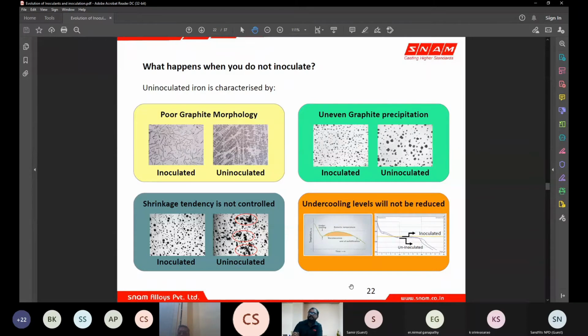And your undercooling levels, this is measured generally using thermal analysis, and it is like the cooling rate, or the temperature gradient in which the casting solidification happens, suddenly goes below because of the unwanted or unexpected compounds forming. So it starts losing heat faster, or it cools down at a lower temperature than it can cool down. This is generally compensated by the graphite formation, because graphite formation has some latent heat coming up. So the system heat increases when graphite is getting precipitated. So that way the undercooling levels are adjusted.